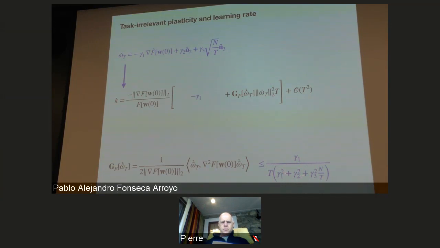And then in these big brackets, it's basically the total magnitude of plasticity I have. And note that if I have some process that's affecting a Brownian motion, and I have a lot of synapses, so that's this gamma 3 term, then I might inevitably have a lot of plasticity that I can't